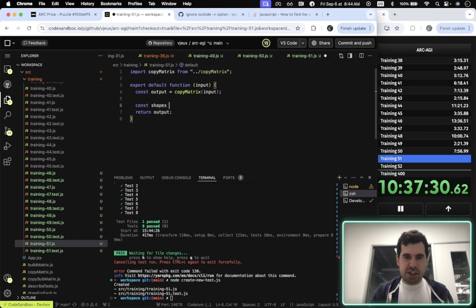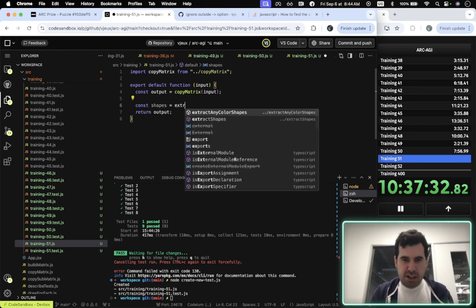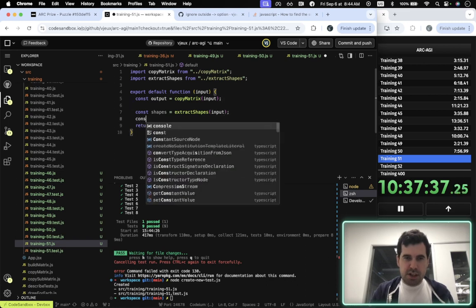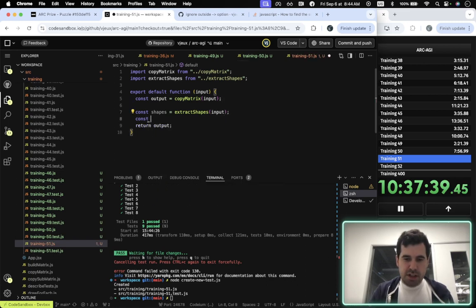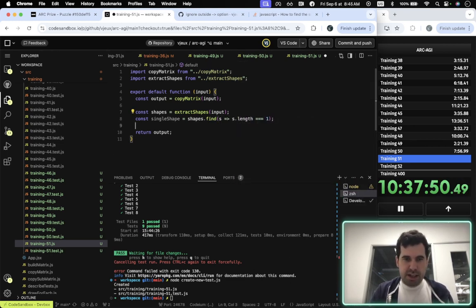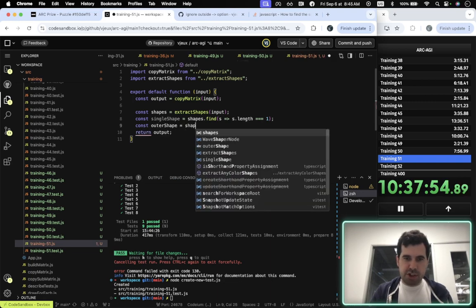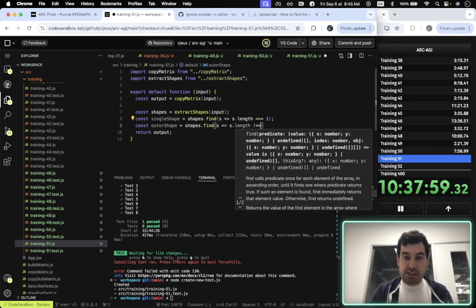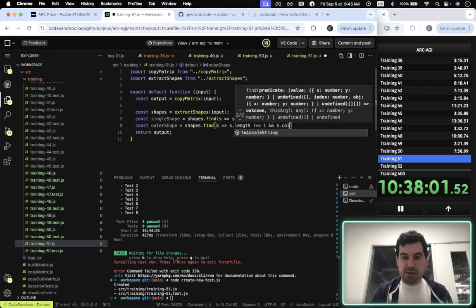So const shapes equals extract shapes input. const single shape equals shapes.find s.length equals 1 and const outer shape equals shapes.find s.length is not equal to 1 and s.color is not